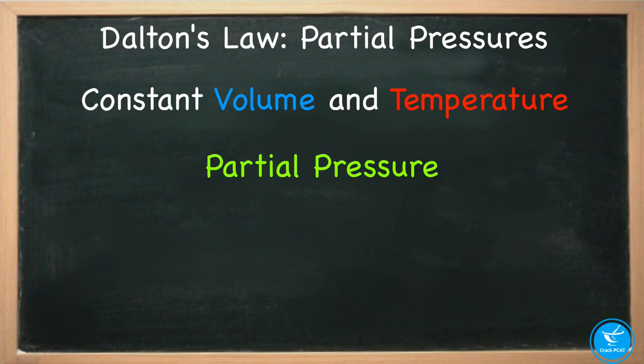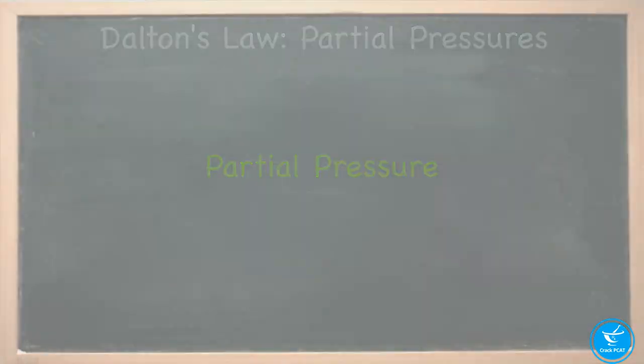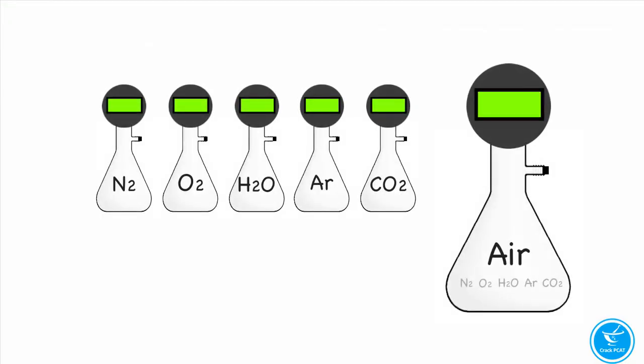As with other gas laws, this law is only valid when working with ideal gases. For calculations, this law is used to determine the individual pressures of each gas. For example, the air around us is a gas mixture. If we were to capture and analyze the partial pressures of each gas, we would discover that nitrogen contributes a partial pressure of 0.77 atmospheres. Oxygen has a partial pressure of 0.20 atmospheres. Water vapor contributes 0.01 atmospheres. Argon